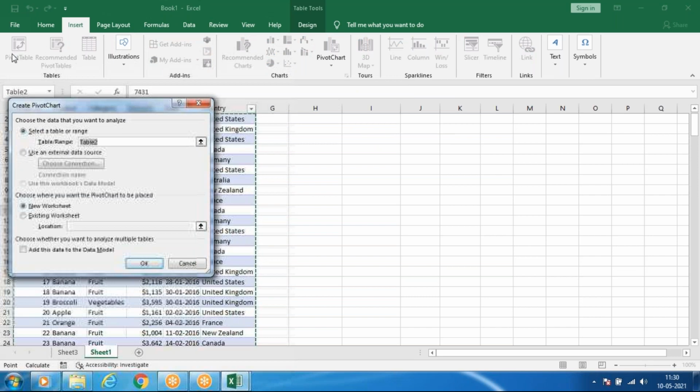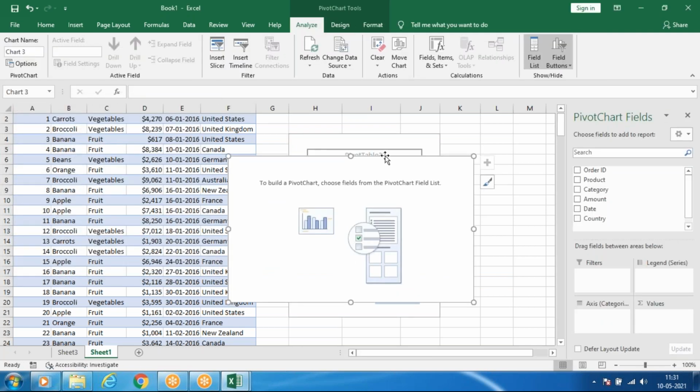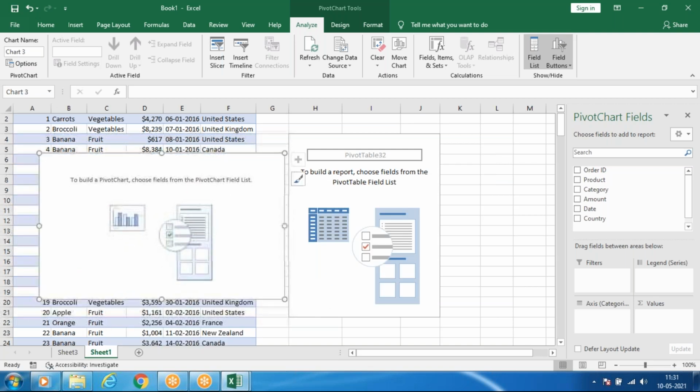The same thing as how we apply a pivot table, same thing it will ask. You can give an existing worksheet if required. In this sheet itself, you can create the Excel chart and it will ask to select the location. Click on this text box, then select the cell. Give OK. So it will show a blank pivot table and chart also.